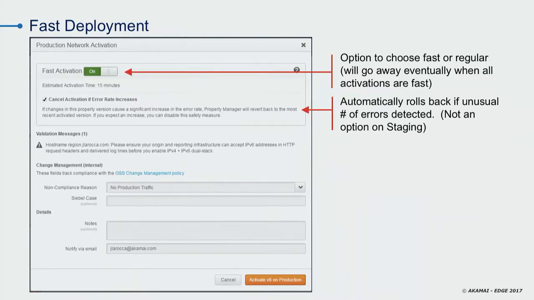You always want to turn it on. I don't see why you don't want to use it. Leave it on. I apologize if the font is a little small, but there's a checkbox down there. It says cancel activation if the error rate increases. What this means is Akamai is able to do a snapshot comparison for before and after, right? So if we see your traffic,